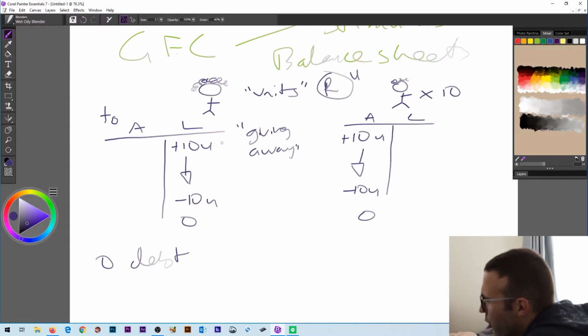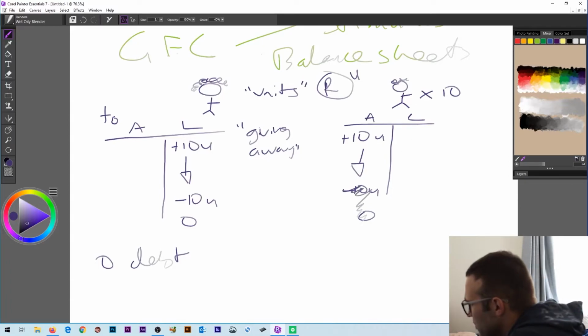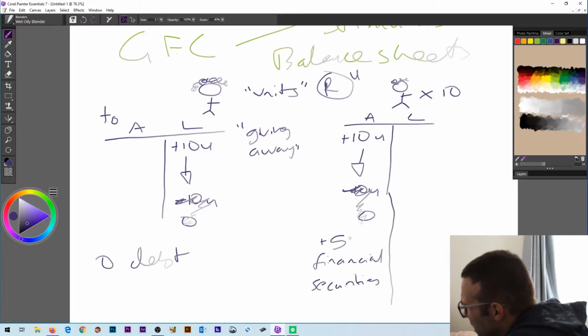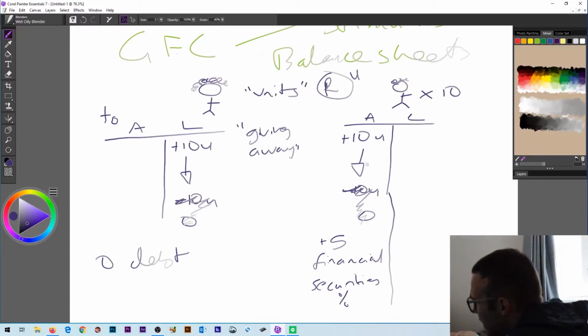So this is important because it gets to the heart of what happened with the global financial crisis. So I'll get into an example. We'll forget about the 10U, forget about the 0 10U. Instead, let's say with this 10U, people get 5 plus 5 financial securities. It doesn't really matter what form these take. The main thing is that they have some sort of percentage return. And you can think about this literally. If you're holding cash right now, there's no return on it. In fact, there's a negative return on it because there's inflation. So you get financial securities that have a percentage return, and most of the time you're investing in the long term.